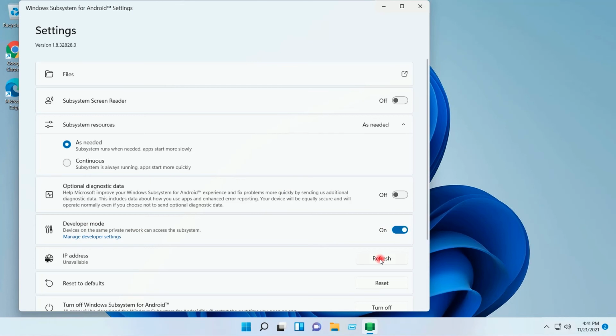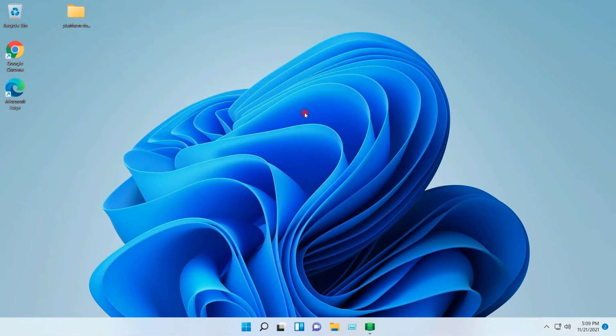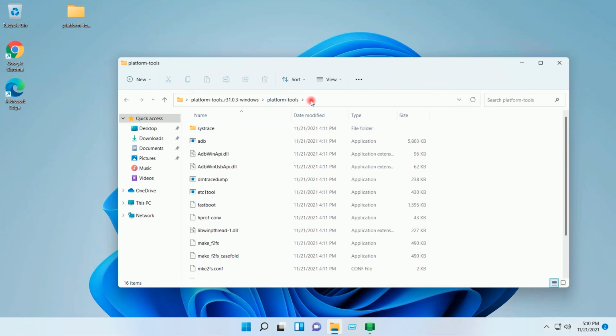If I click refresh here, you can see it is showing that ADB can be connected on 127.0.0.1:58526, in which 127.0.0.1 is the IP address of the localhost.